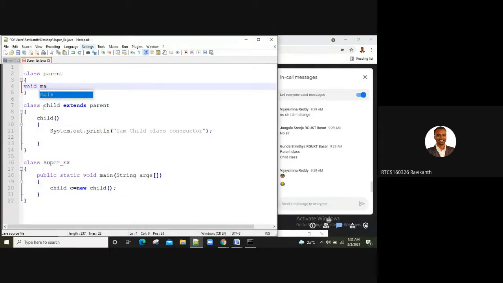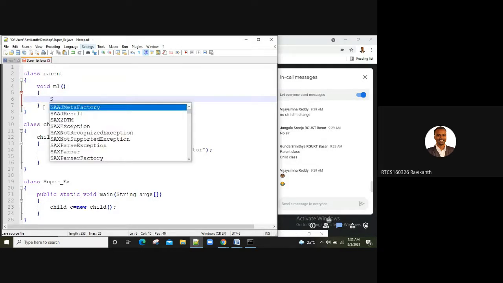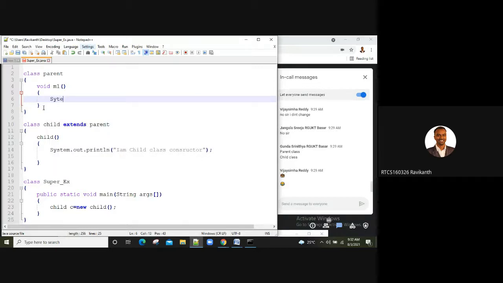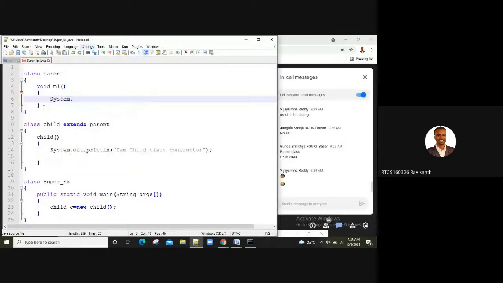Method M1, parenthesis. Usually in Python we have indentation, but here I have to specify every time to make the job easy.